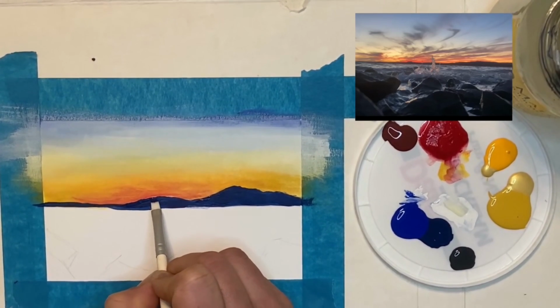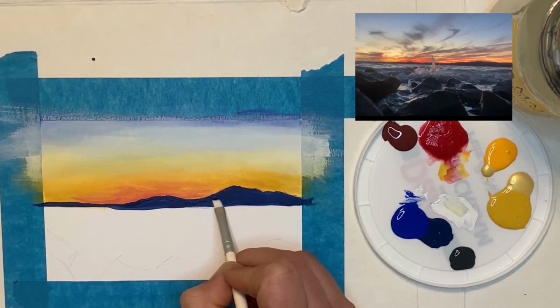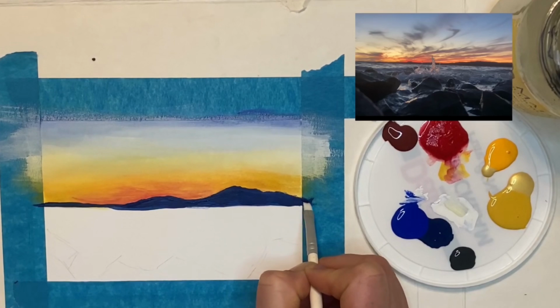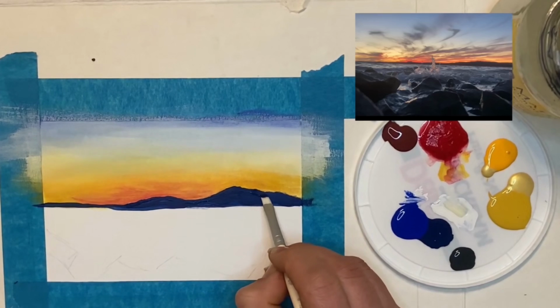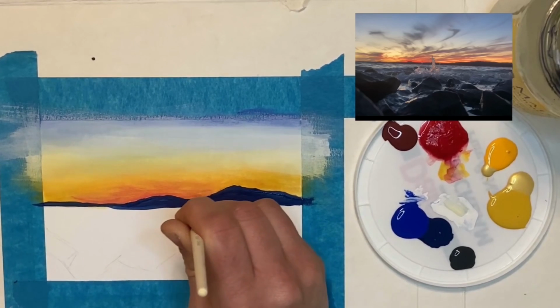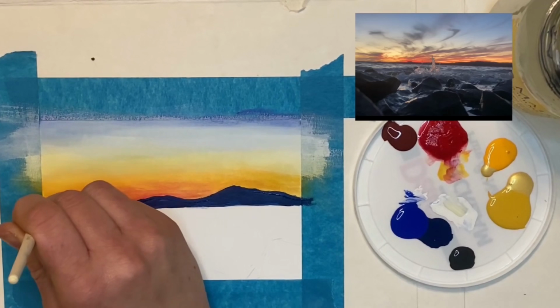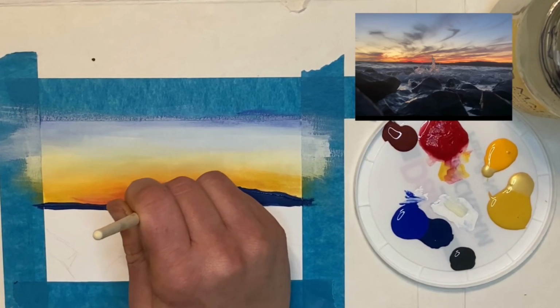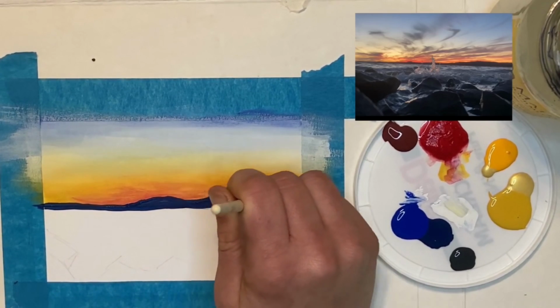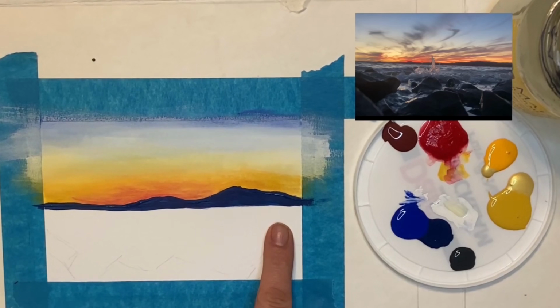I'm just going to take this and push paint up just a little bit there to cover. There's just a little bit of white peeking through. I'm not into that right now. Really dark, mysterious painting. That dusky, almost gone sunlight. Following my horizon line. Now the next part, I still have all this water here, and my water has a